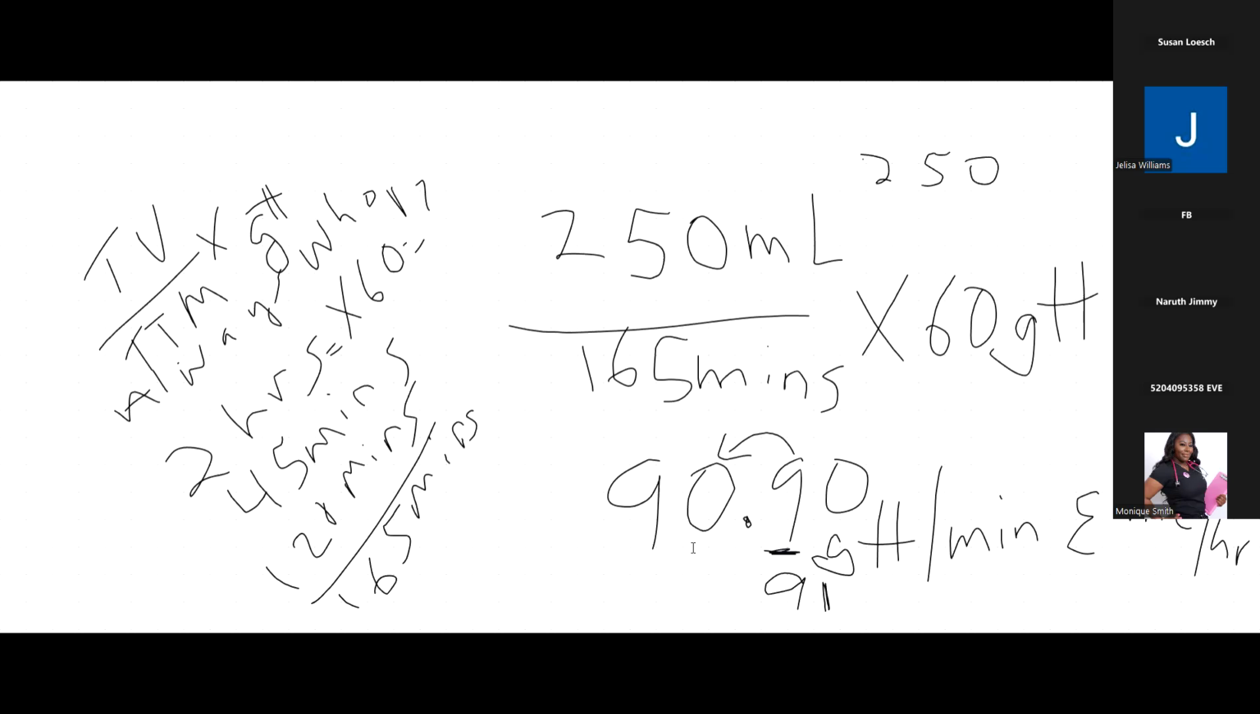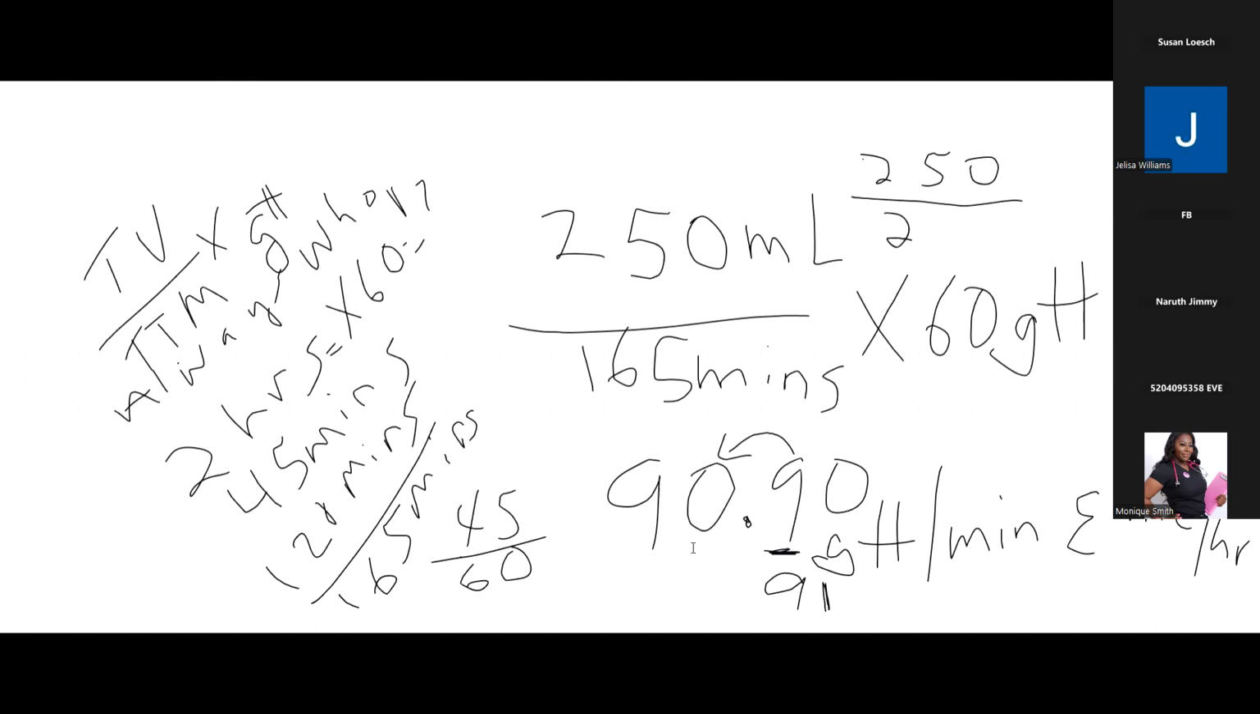So you could do one of two things. You can either divide it by the 165 and multiply the whole thing times 60. Or you know that if you take the 45 and divide it by 60, you're going to get 0.75, because 45 minutes is 3/4 of an hour, which is equal to 0.75. So you could use 250 divided by